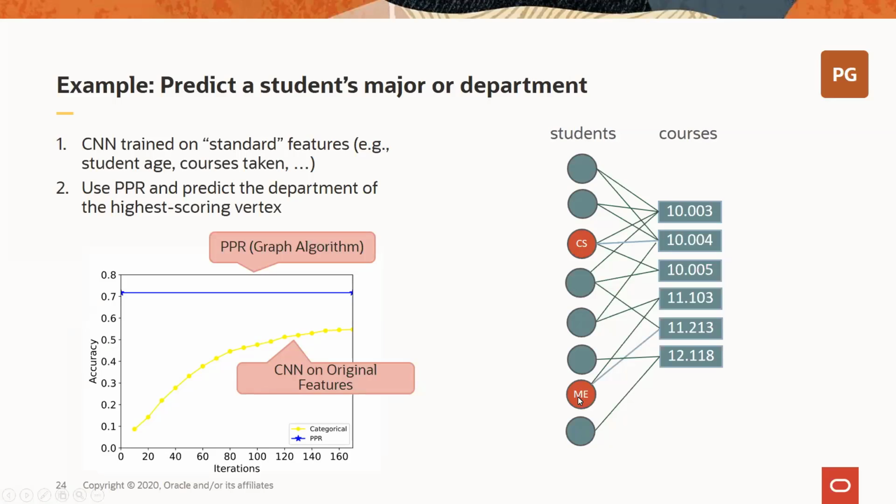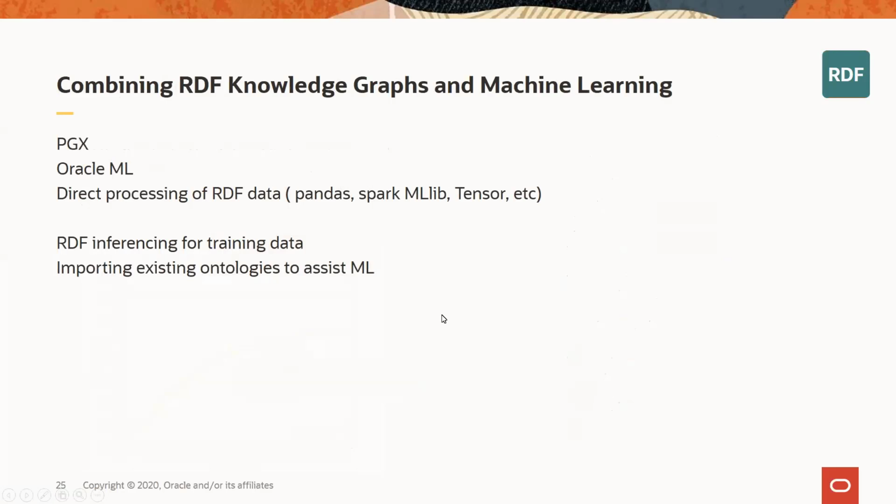So, being able to associate students with courses and then looking at this student being part of that course, being on the same course with that student who's on the same course as this student and so forth, is something which is not easily accessible to convolutional neural networks, which is why the accuracy of graph algorithms without any training is higher for these connected use cases. But I think in the interest of time, we'll skip over that and postpone the discussion to Melly's talk later today. So maybe a few remarks on knowledge graphs or RDF knowledge graphs and machine learning from your side still,